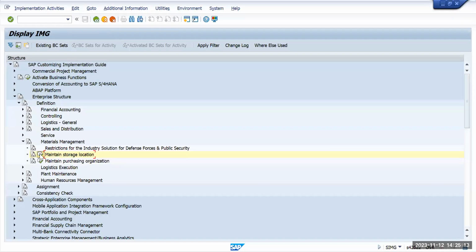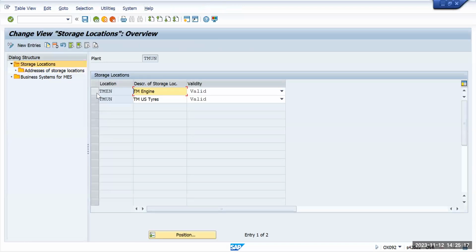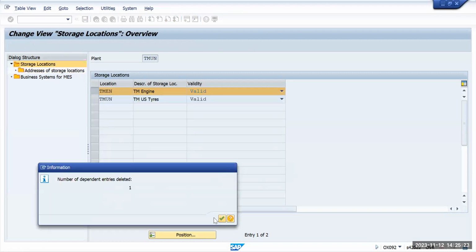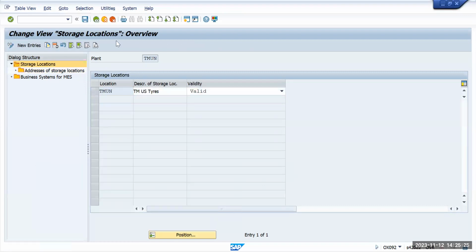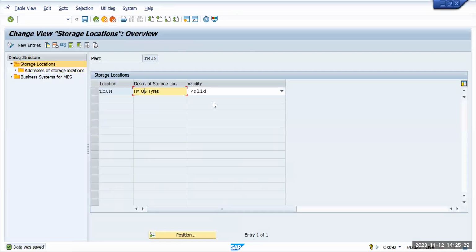Okay, now I will delete the engine one. I don't need it. So this is Tata Motors US New York tires. Okay, so once that storage location has been created,